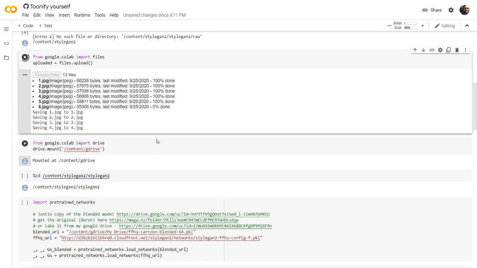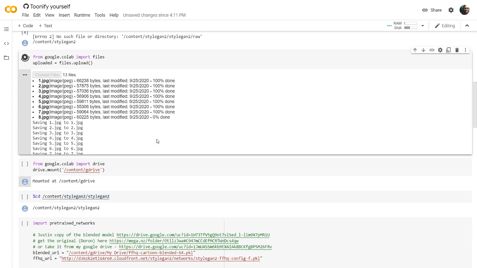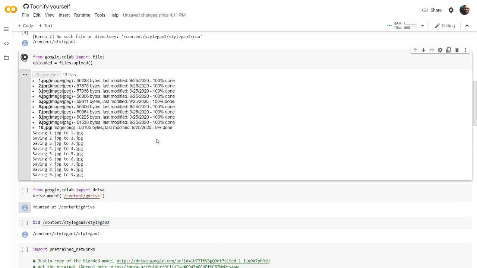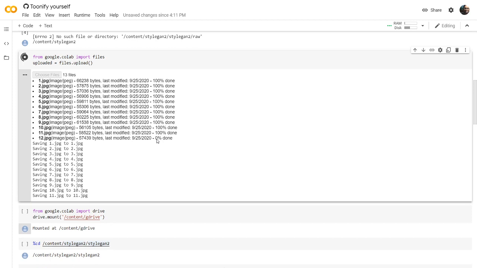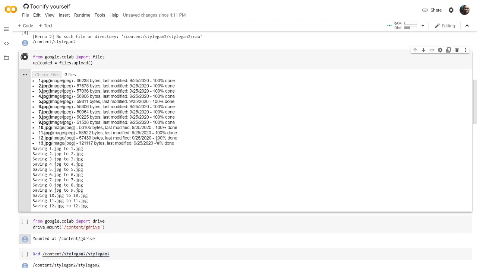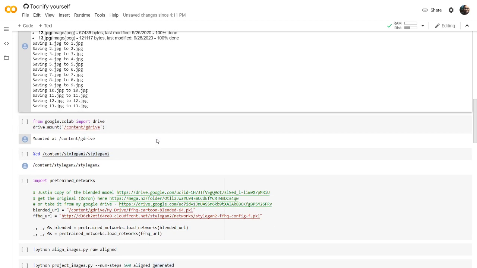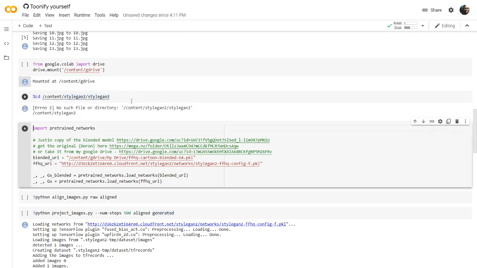But a caution: if you upload high resolution images, you'll get a very good result. If you upload low resolution images, your output will not be that satisfying. It's a caution given by the authors. So just be careful, upload high resolution images, and we'll be getting back to the StyleGAN folder where we'll be doing everything.